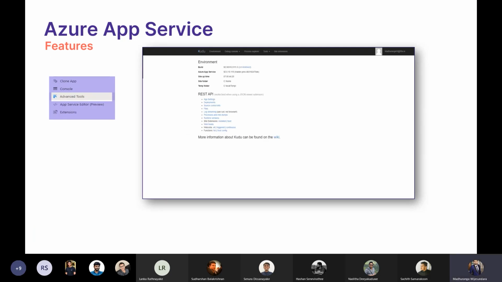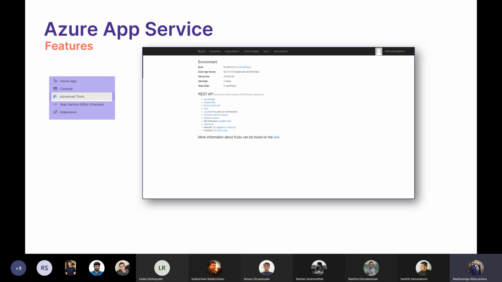Another advanced tool, if we go into the advanced tools feature page, I'm not going to go through each and every feature because it will be too long. I am just going for the mostly used and needed thing when we are developing, the advanced tool. It is providing an interface to your server. That means